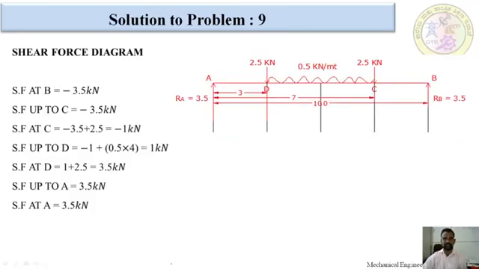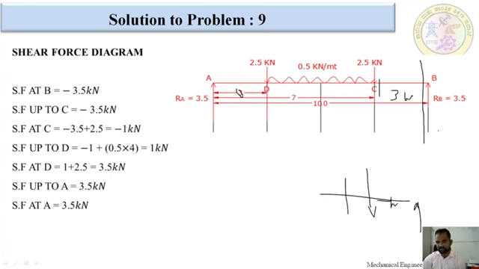Okay, this is shear force calculation. From A to D distance is 3 meter, from A to C we are having 7 meter, and from A to B we are having 10 meter, and the left-over is 3 meter, because 7 plus 3 is equal to 10 total. In shear force calculation, from right to the section, upward force is taken as negative and downward force is taken as positive. I am going to take a section over here. This is only one upward force, that is negative force, negative 3.5 kilonewton.